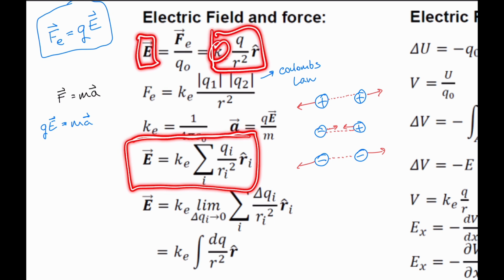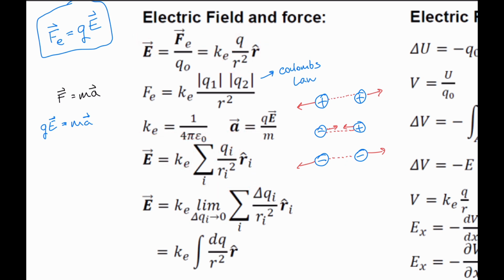We have a Ke over here, a Ke. We have a Q with the little i, but we'll get to the i in a second. We have an R squared. We have an i as well. And we have this R hat. So what this sum here says, with the i's all on these, is basically telling you, hey,